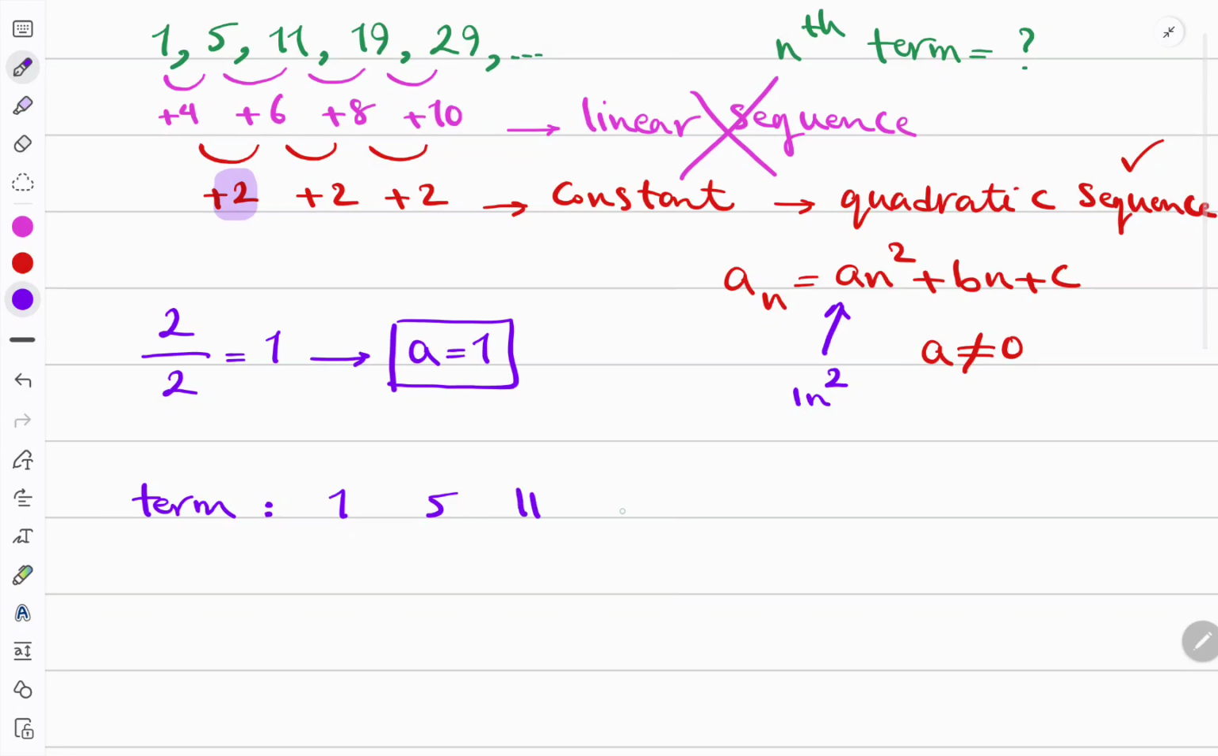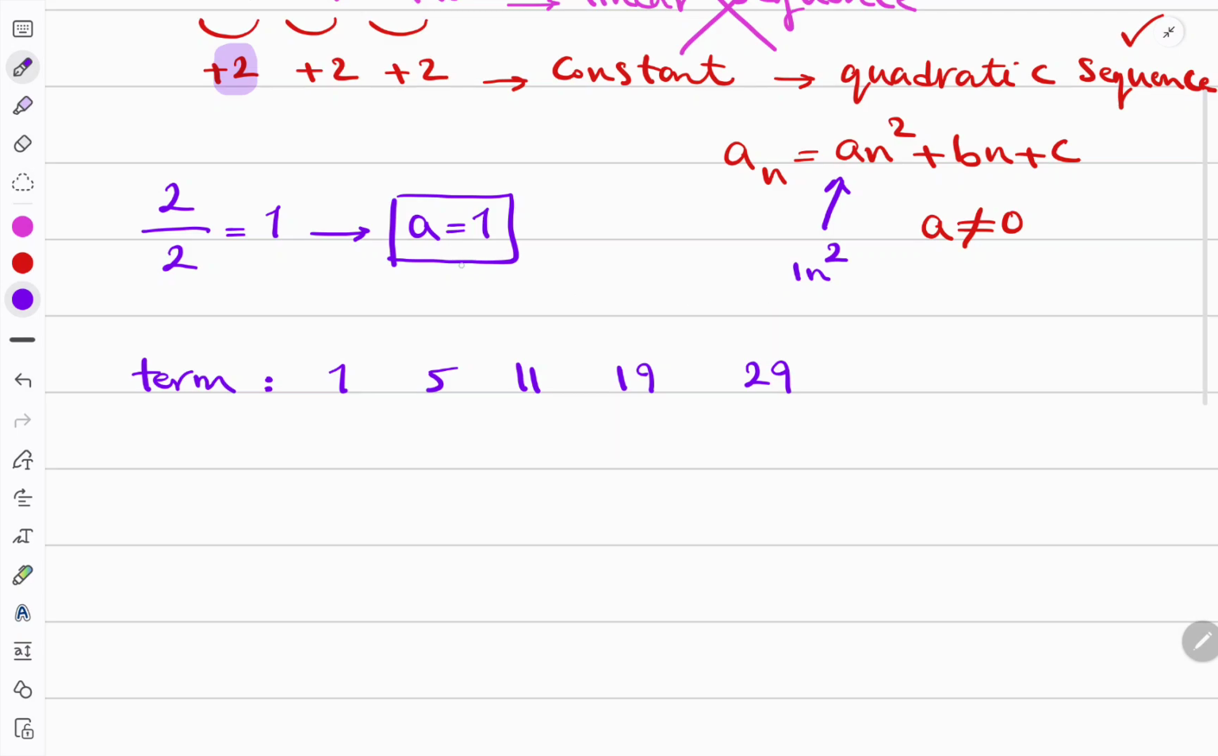1, 5, 11, 19, 29, and then use a, which is 1 here, 1n squared or n squared. Okay, plug in the first term, which is 1 here. 1 times 1 is 1. And substitute 2. 2 squared is 4. And continue for 3 squared 9, 4 squared 16, and 5 squared 25. And then subtract 1n squared from